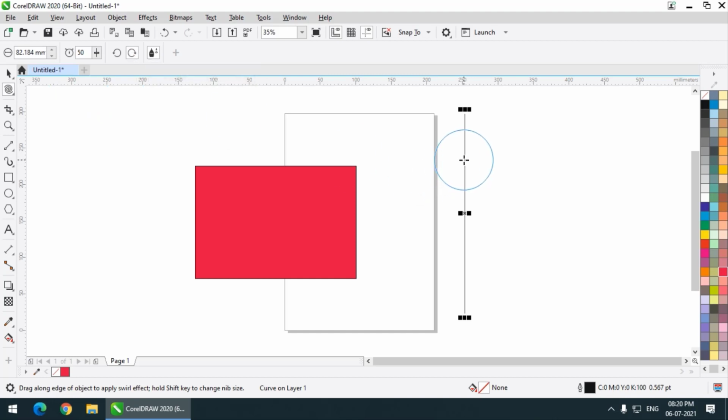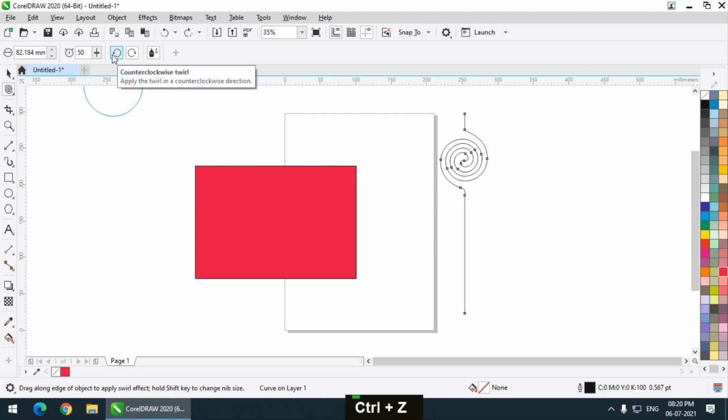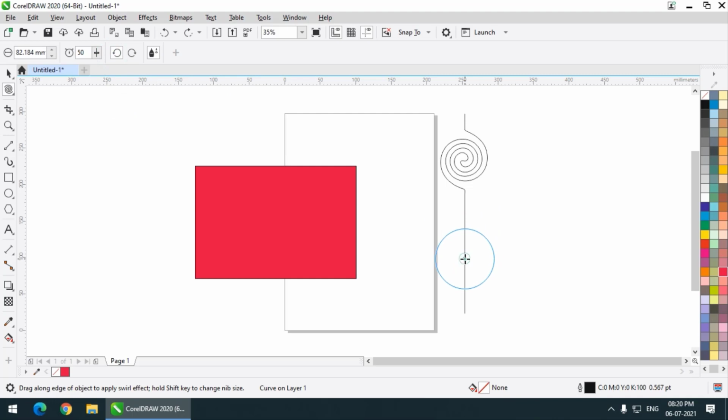So if I simply press and hold the left mouse button, it will twirl the outline or the line, simply the line. And if I choose the counterclockwise, anti-clockwise option, then it will twirl it in anti-clockwise direction. As simple as that. And if I increase the rate or the speed, then it will do it faster.